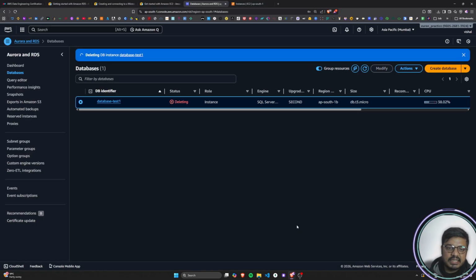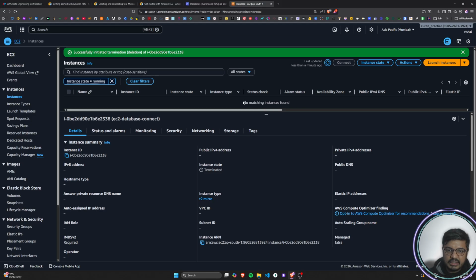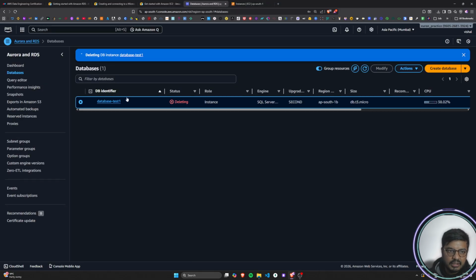So again, the deletion has been initialized. If I come back here to the instances, I believe... Okay, so you can see no matching instance found means the instance has been deleted. Verify it, cross checking it is a great thing, right? So just cross check it again. So the database instance is getting deleted, so let it get deleted,